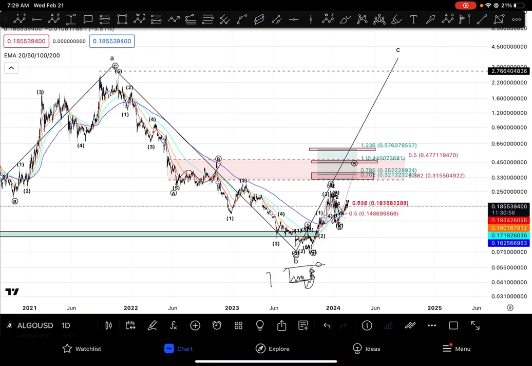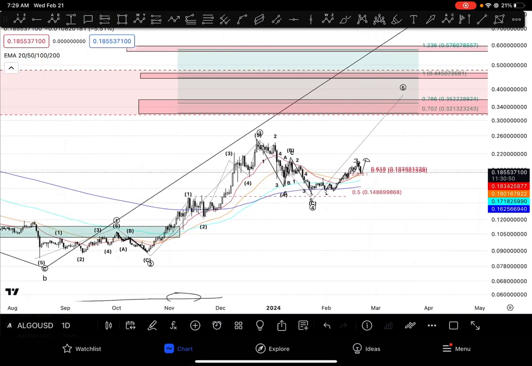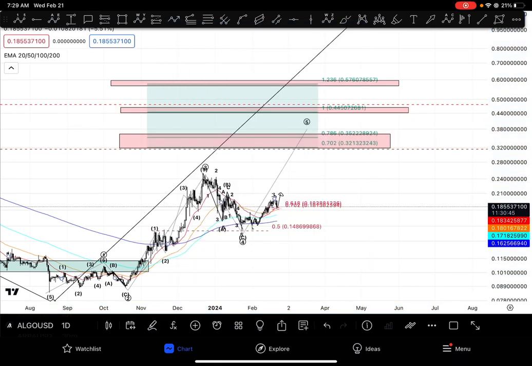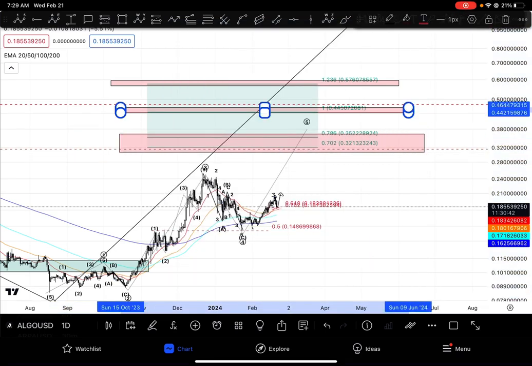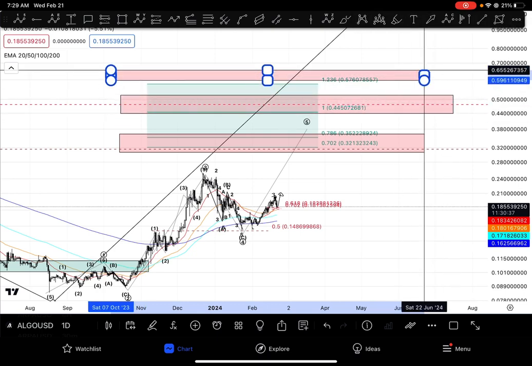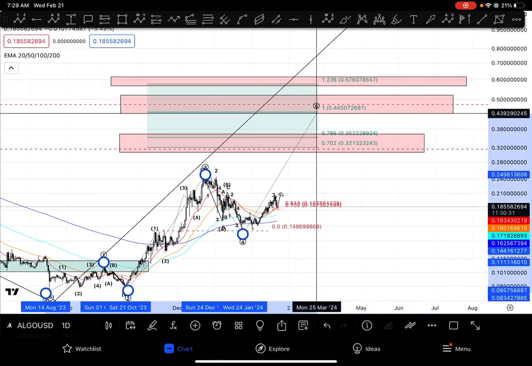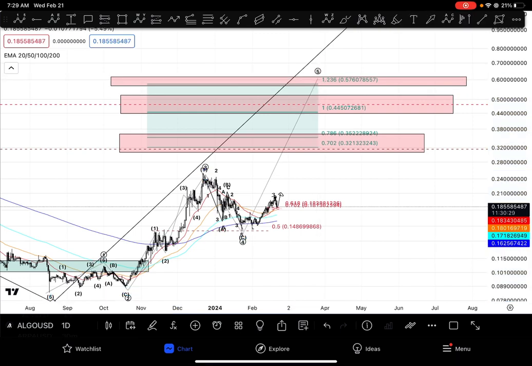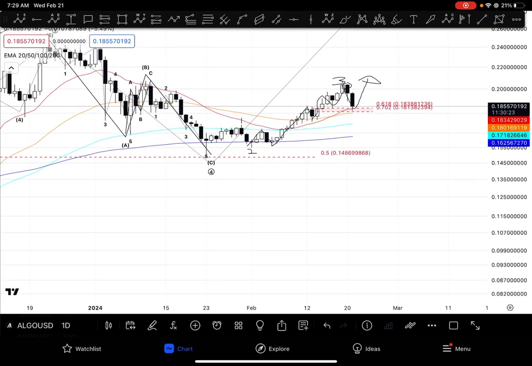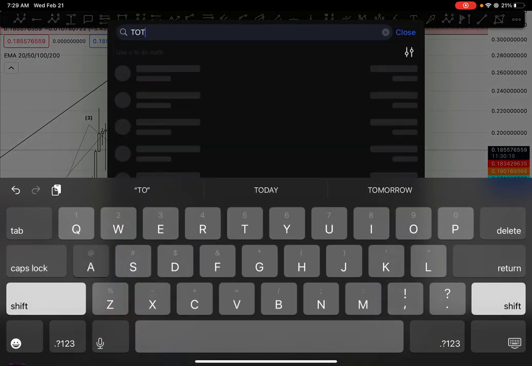So we have a range. So we have a confluence of resistance. So it would be this level, okay? This region and this region here. So these are your potential wave 5 targets. Now I think this wave 5 is going to extend because in crypto it usually does. Okay, so the trend has shifted in favor of bulls. Now when we take a look at total 3 over here,